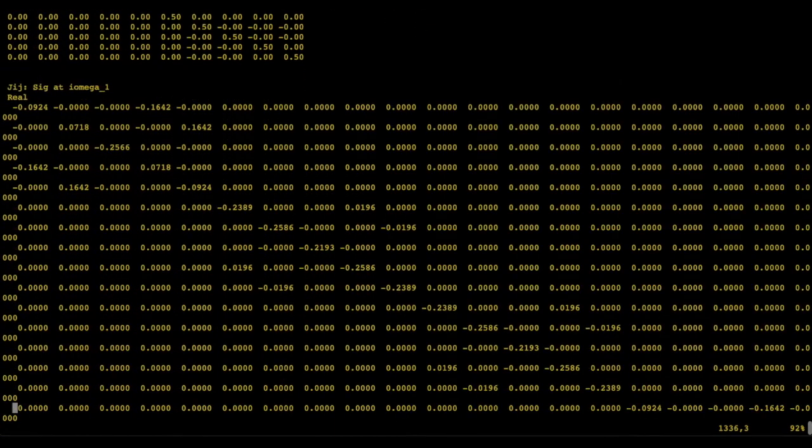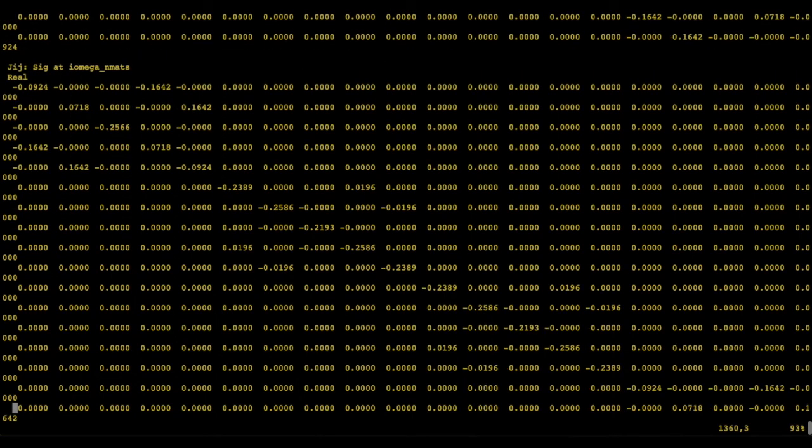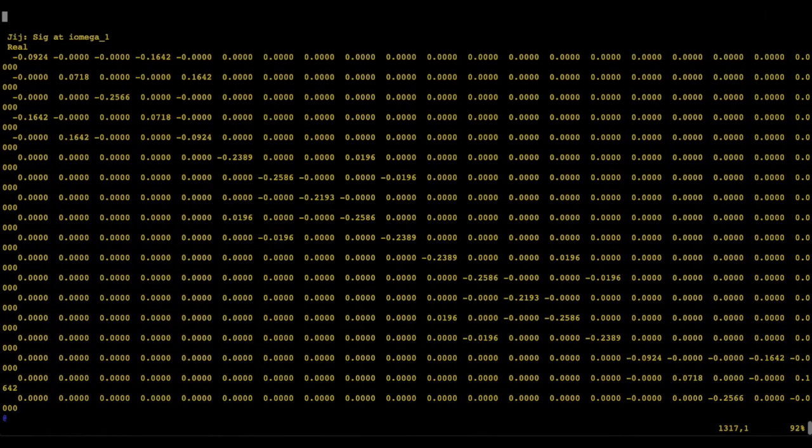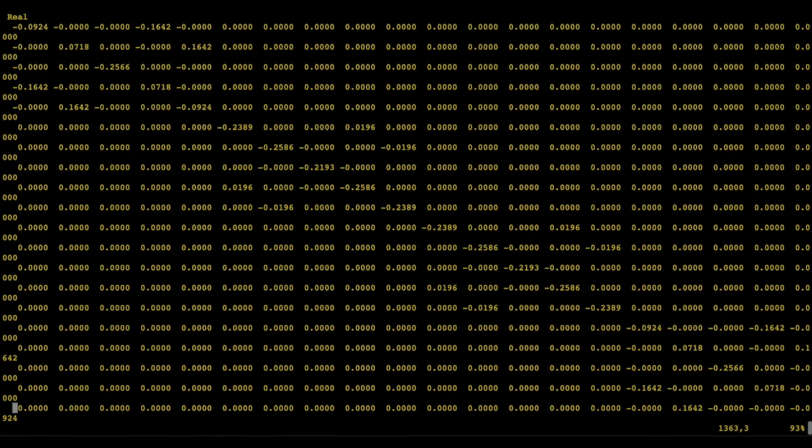Now it also printed us the self-energy at the first Matsubara point. This is just a sanity check that the self-energy is read properly. And this is the self-energy at the last Matsubara point. Since we have a DFT+U calculation, they coincide because the self-energy is static, meaning that it's the same for any Matsubara frequency. So it's just an additional contribution which will be added to the Hamiltonian, for example, before calculating the